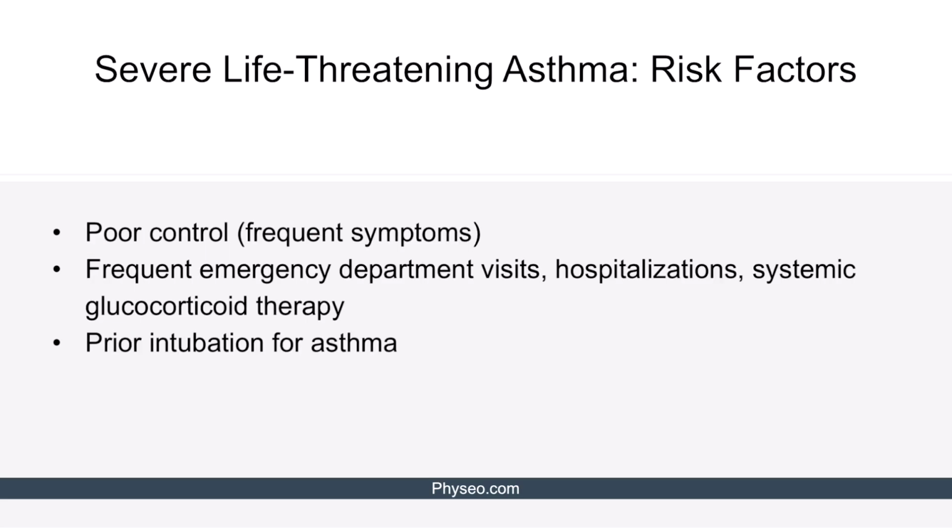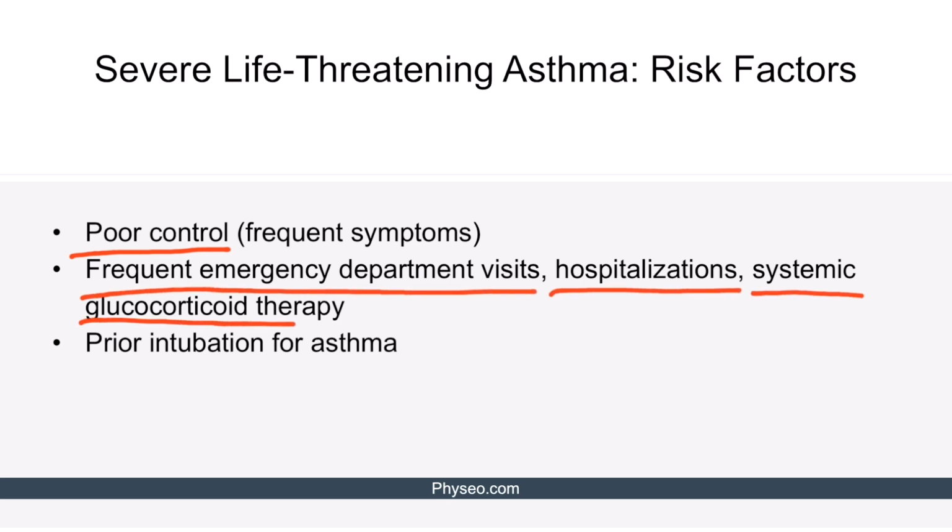Let's talk about severe life-threatening asthma now. Risk factors for severe life-threatening asthma include poor control of the condition with frequent symptoms. Additional indicators of severe asthma include frequent emergency department visits, hospitalizations, and systemic glucocorticoid therapy. Finally, if the patient has been previously intubated for asthma, he or she is at high risk for future severe